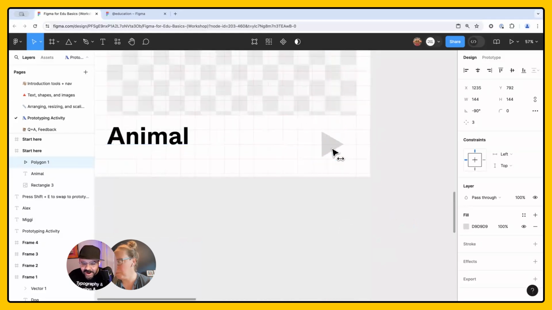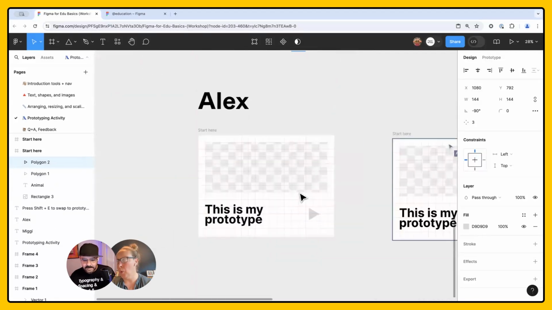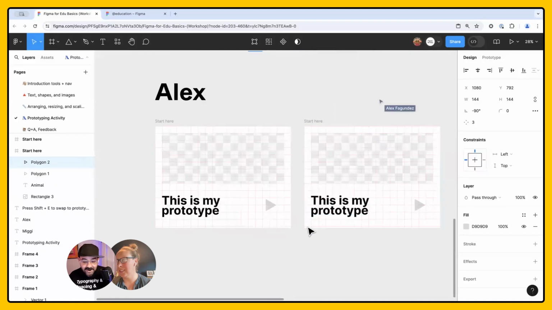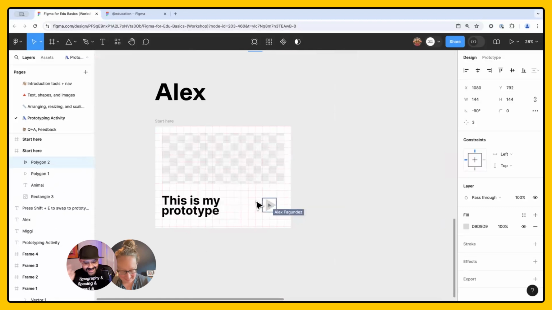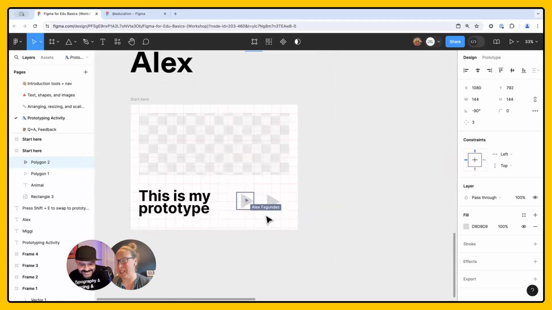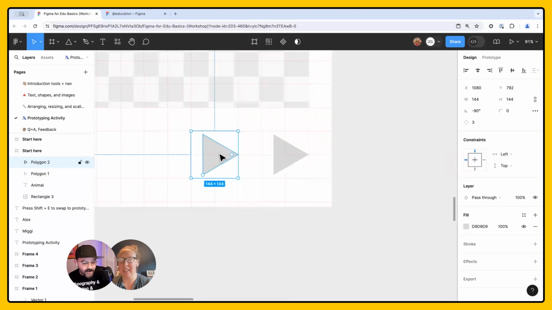So we got a right one, and now we're gonna duplicate this. We're gonna use the option key, or the alt key if you're on Windows. Option, click, and drag one over to the left. Oh no, just the arrow, that's all we wanted. We didn't want the whole thing. Move it over. And now we're going to flip it. We're gonna flip it by pressing Shift H. It'll just flip it right over.